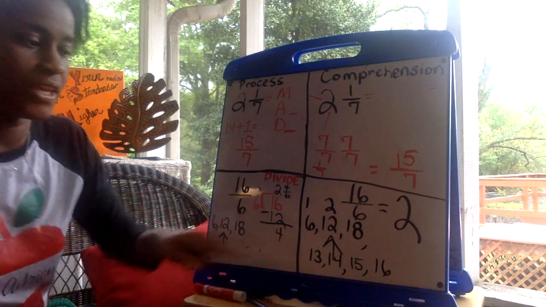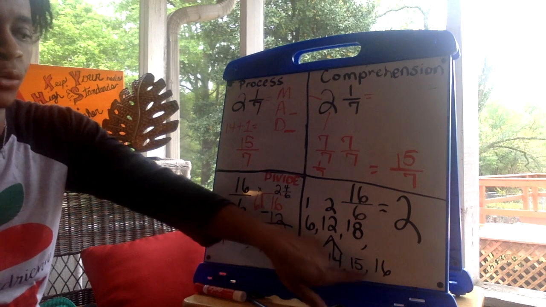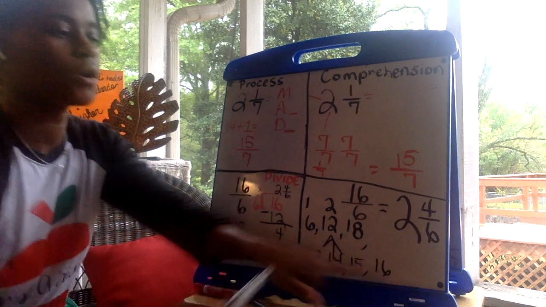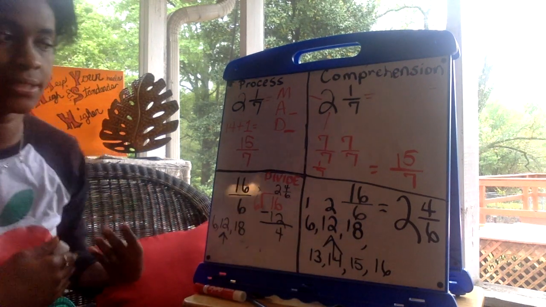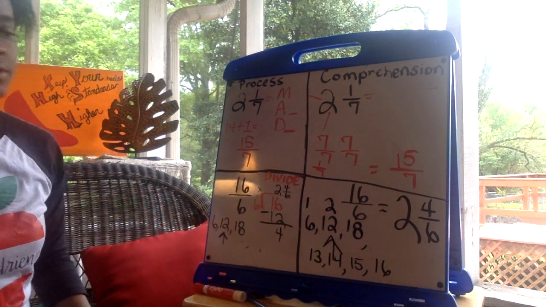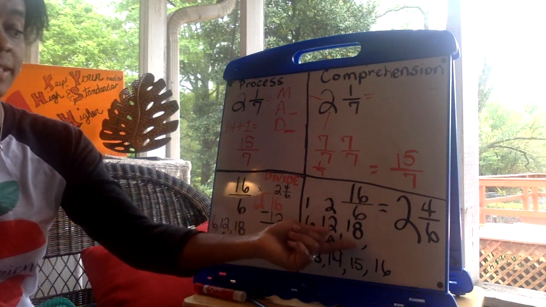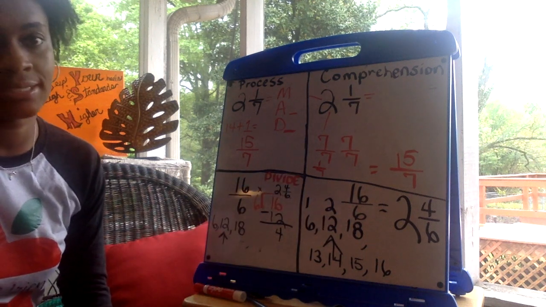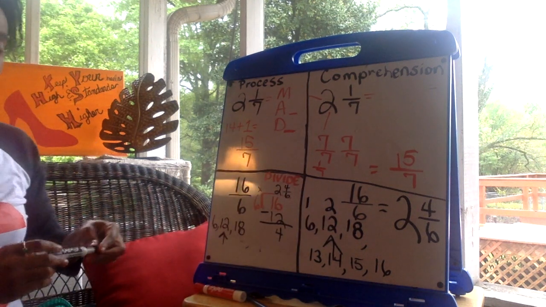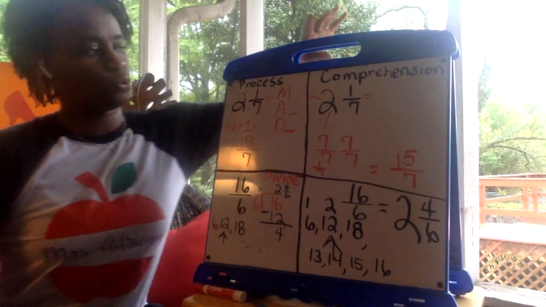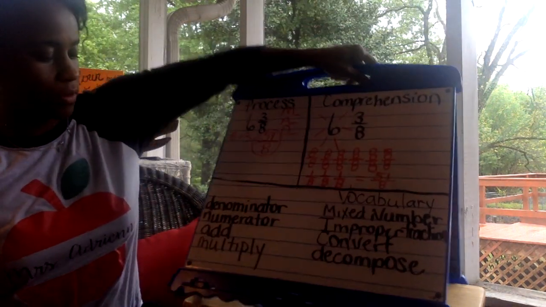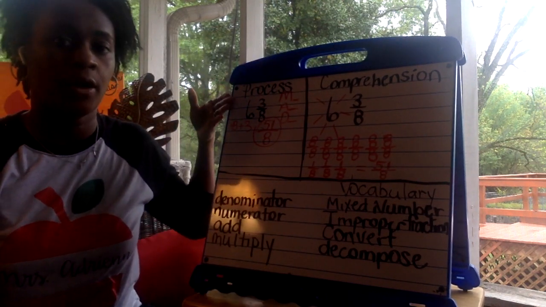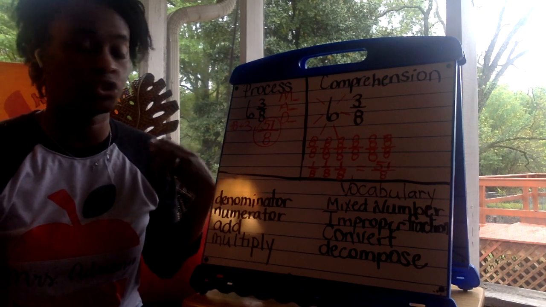And if I count these, 1, 2, 3, 4, I know that I will still have 4 sixths left over, because 18 is my next multiple, but my improper fraction is 16/6. Today we've used improper fractions and mixed numbers by showing how we can solve an improper fraction and mixed number using a